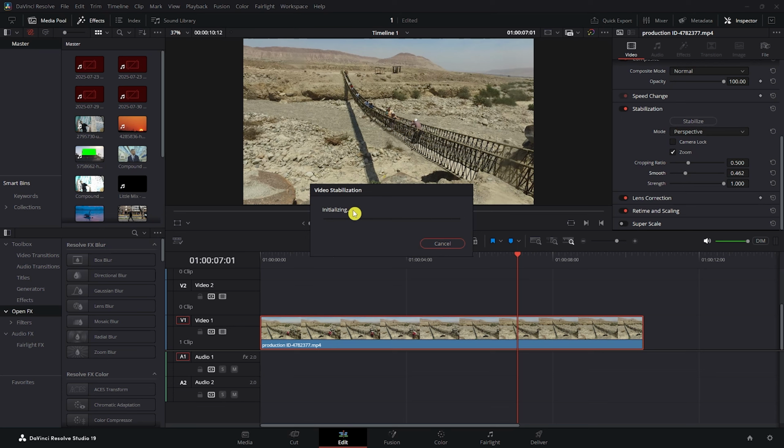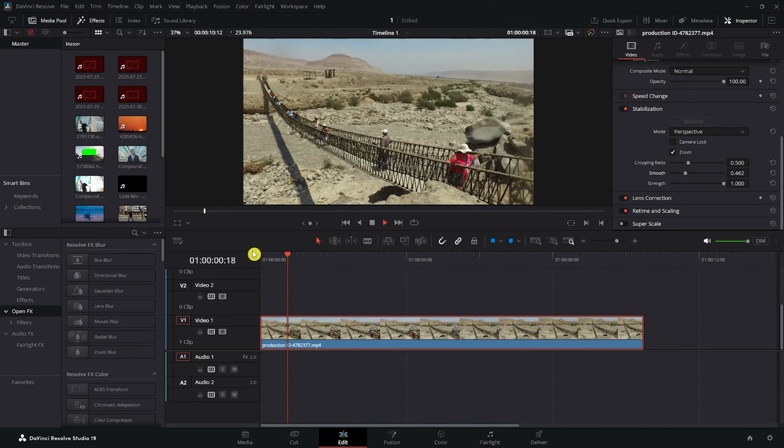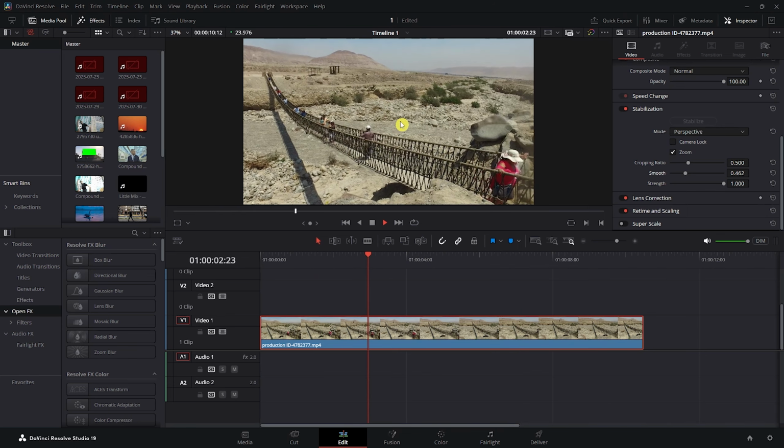And now it's processing the stabilization, so we just need to wait for that. The processing time would depend on the length of your clip. And now it's done. And when I play it right here, as you can see, it is now much more